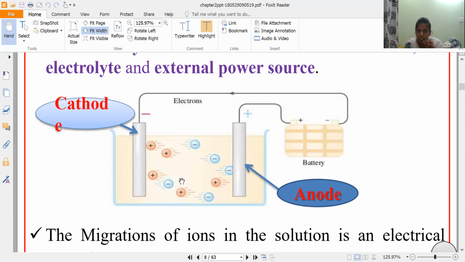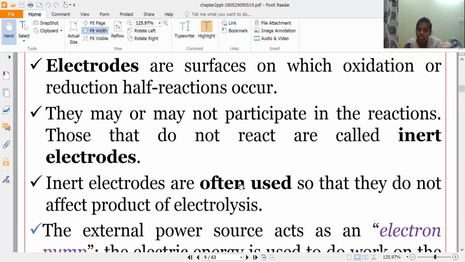So now when Na+ ions are moving towards the cathode and Cl- moving towards the anode, the reactions are taking place here. So what is happening here? When Cl- is going here, the Cl- is having excess electron. It is losing electron. But Na+ has the positive charge. Positive charge is nothing but electron deficiency. Electron deficiency means it will gain the electrons. So Na+ is gaining electron, Cl- is losing the electrons. So Cl- undergoes oxidation, Na+ undergoes reduction. So like that, the reactions are taking place here.